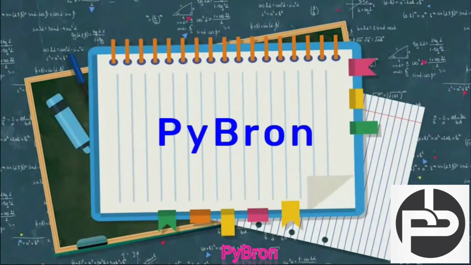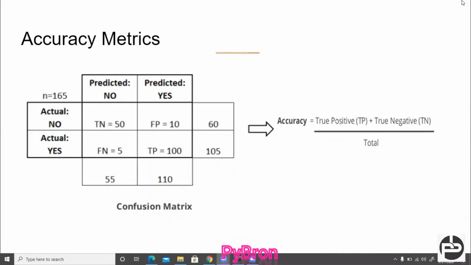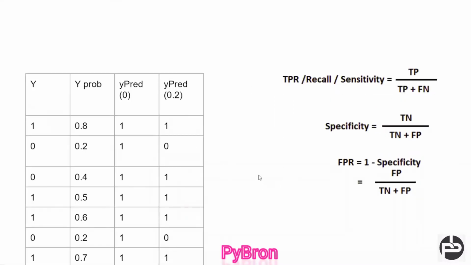And today I'm going to discuss the AUC and ROC curve. In the last session, we discussed the accuracy matrix and confusion matrix in depth, and how they work, and what parameters we should always improve. Now coming to the ROC and AUC. What is the use of the ROC and AUC? First, try to understand what is the use of ROC and AUC.